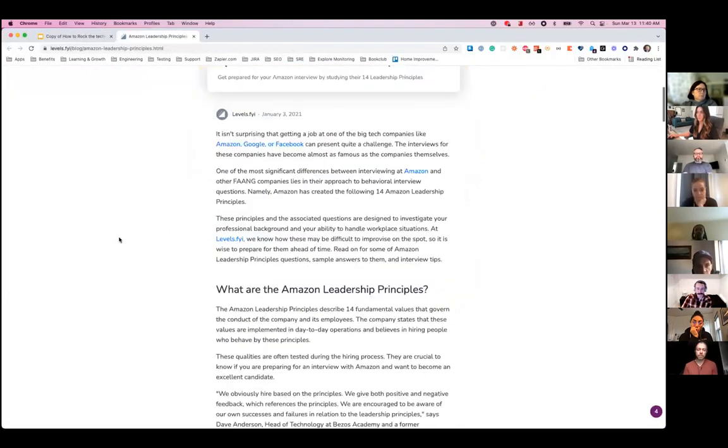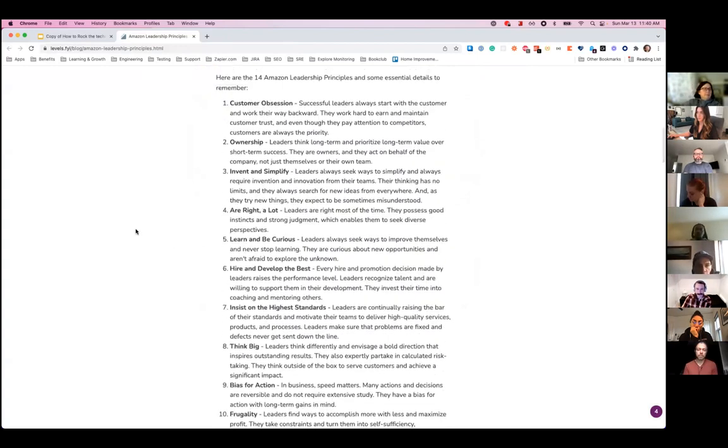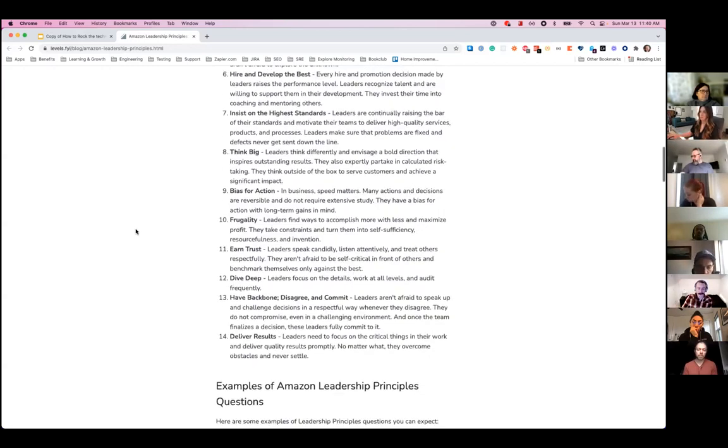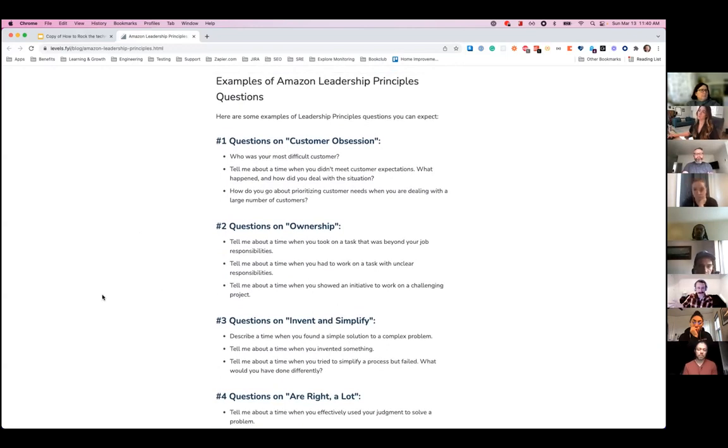The Amazon leadership principles are these 14 fundamental values. A lot of other companies have really similar value statements. This is something I recommend you research whenever you apply for a company: go look at what their values are and think about ways that you have demonstrated those values or that you can relate those values to your own experiences. Within this document that I've linked in the slides, and we'll share the slides later, so don't worry about writing this URL down,